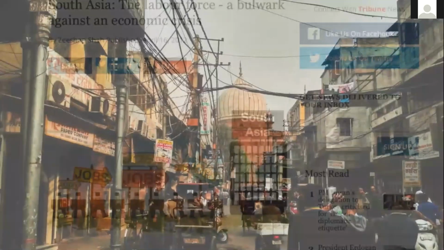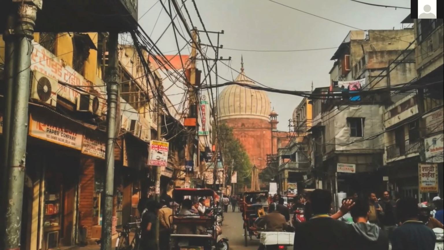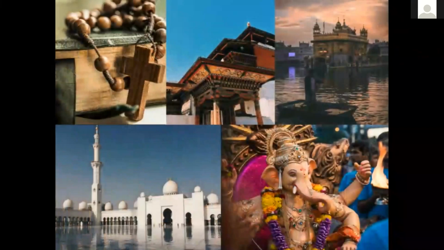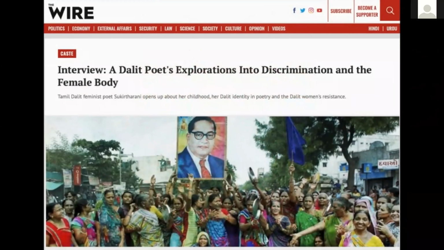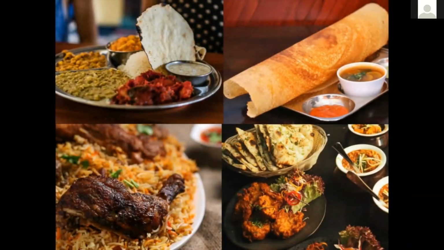In this module, SN1101E, we try to catch a glimpse of various facets of South Asia through themes like religion, culture, festivals, music, gender, caste, Bollywood, food, and many others.